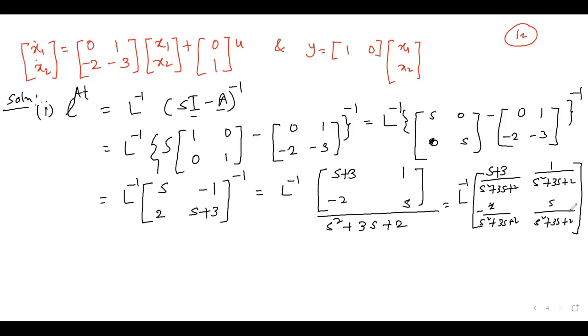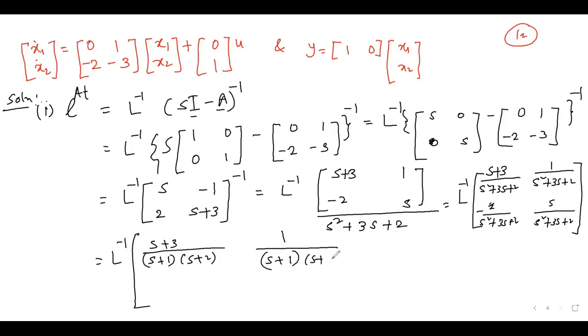Okay, that means we can write this as Laplace inverse of (s plus 3) divided by (s plus 1)(s plus 2), which is 1 by (s plus 1)(s plus 2), minus 2 by (s plus 1)(s plus 2), and finally s by (s plus 1)(s plus 2). Okay, এবারে বলো কি হবে